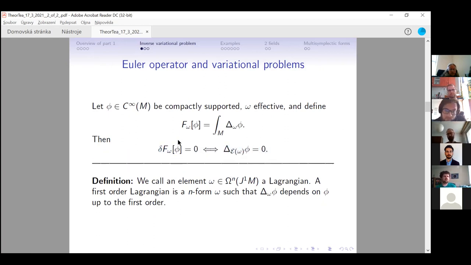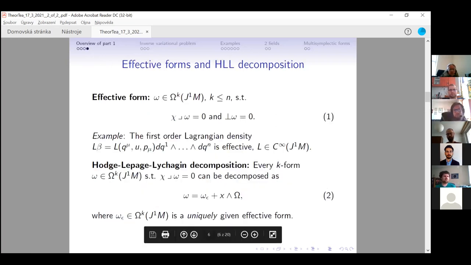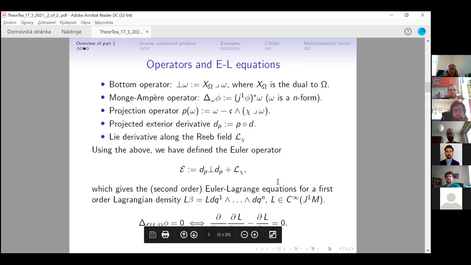So if I take an arbitrary n form and consider this functional on M, then the corresponding variational problem is solved by phi if and only if this Monge-Ampere equation is solved by phi. Okay, and this omega equals L beta is a special case,